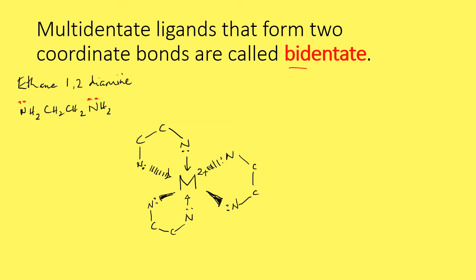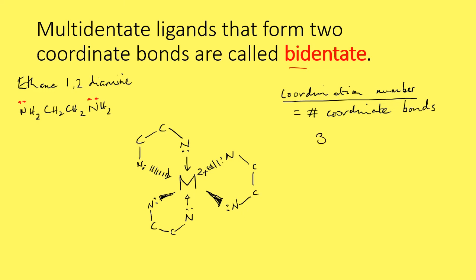But while we're here, let's introduce this term coordination number. Okay, so the coordination number is the number of coordinate bonds. So it's equal to the number of coordinate bonds. Simple as that. But in this case, you can see that we've got three ligands,